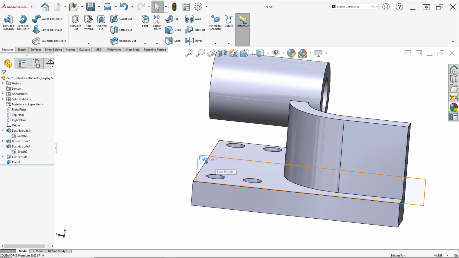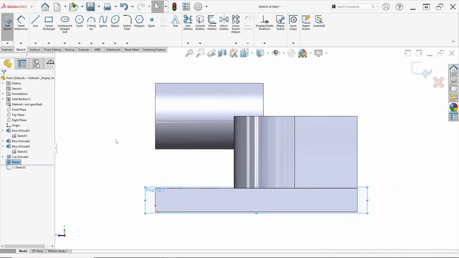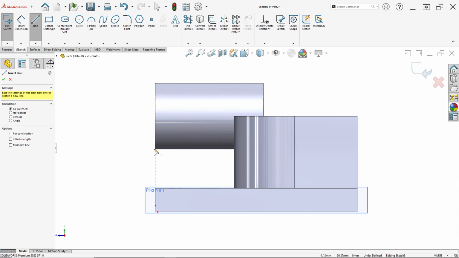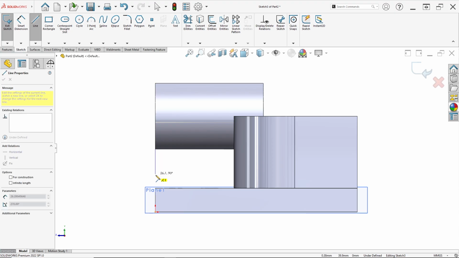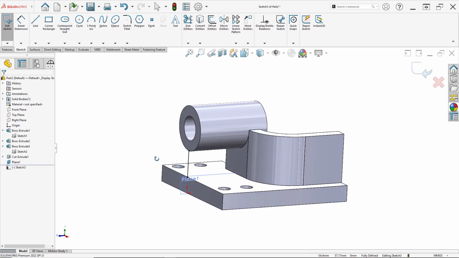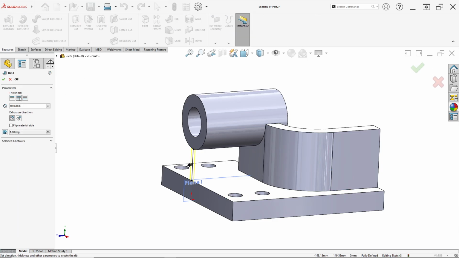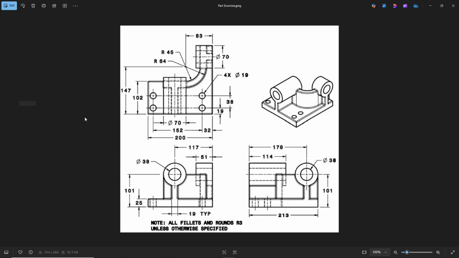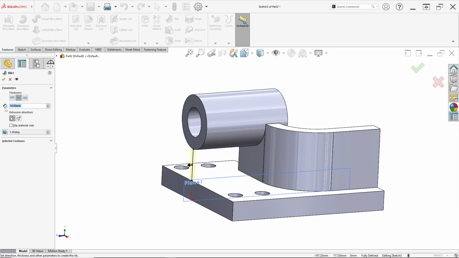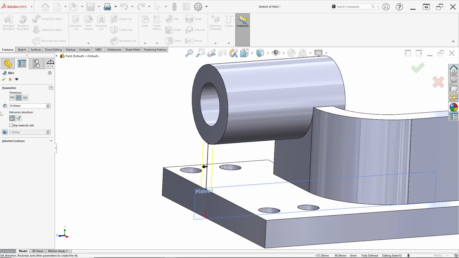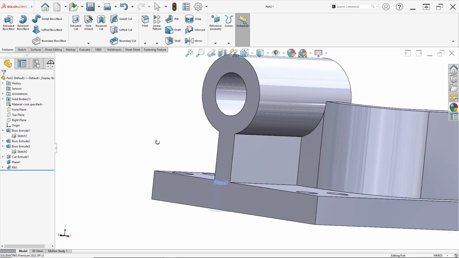The name is Plane 1. Right click on this plane and click Sketch. Select Line and draw from this point to this point to this edge like this. After that, we can make a rib with the Feature. Click Rib. For thickness, ensure you select both sides, and for the rib in here, thickness is 19. Select in here 19 millimeter. But for direction in here, we can click Flip Material Side and just click OK, and done.